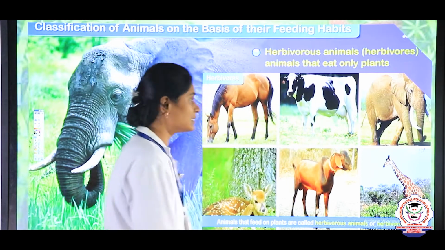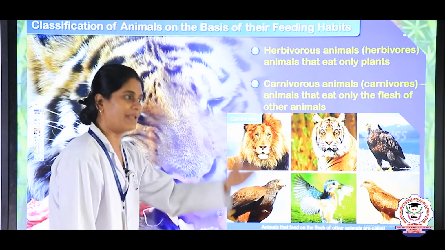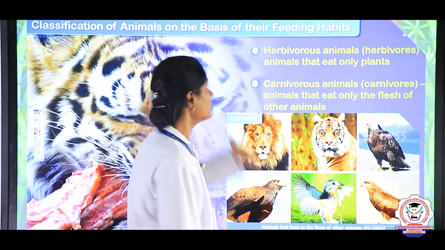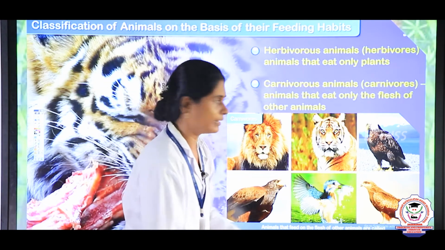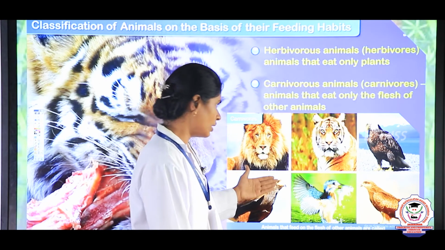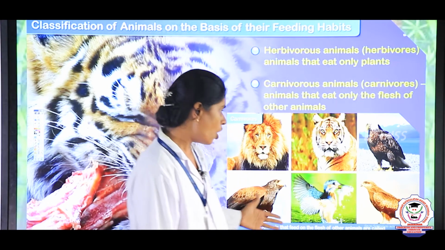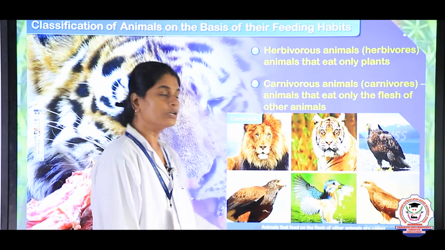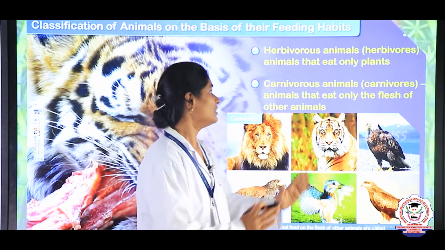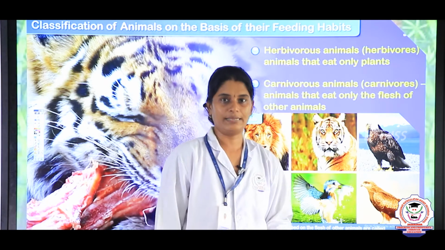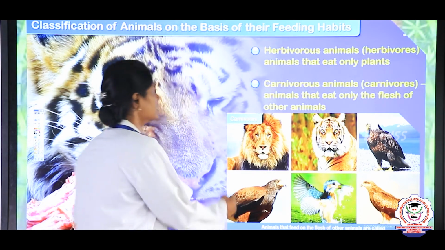Then some animals eat only flesh. They will not eat plant products or plant parts; they eat only other animals, depending on the flesh of other animals. Animals like lion, tiger, vulture, eagle, hawk, kite, and kingfisher eat the flesh of other animals. That is why these animals are called carnivorous animals, or simply carnivores, right? They depend on the flesh of other animals. So the next one,